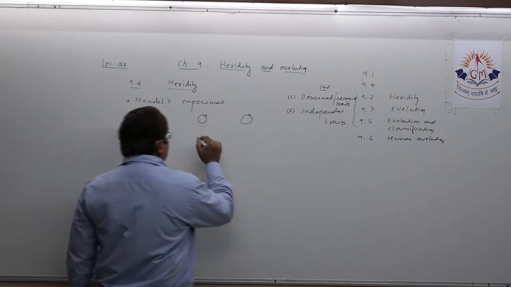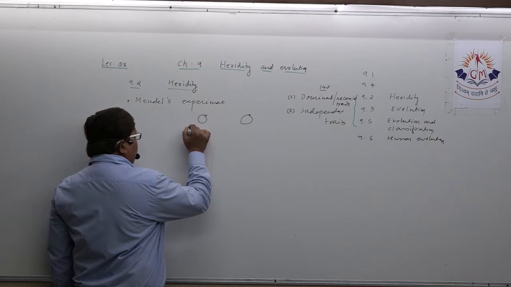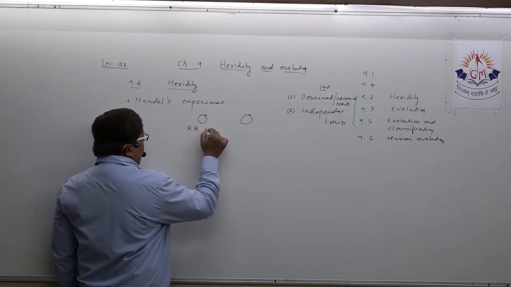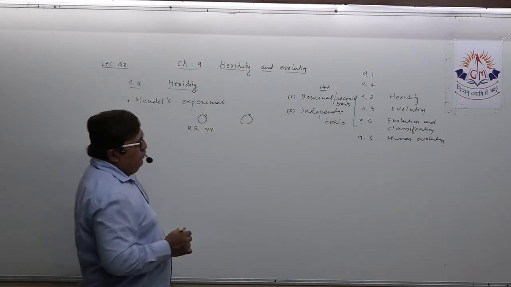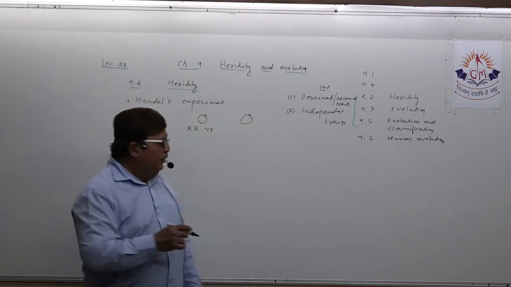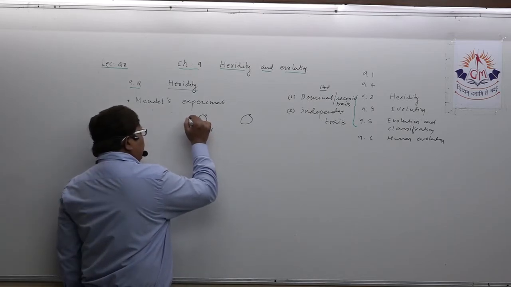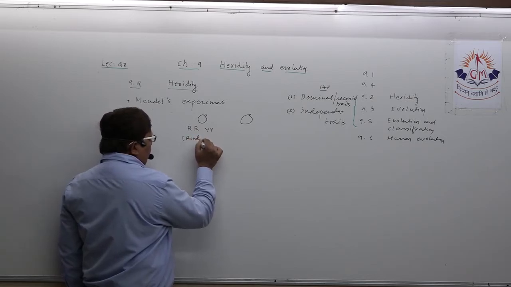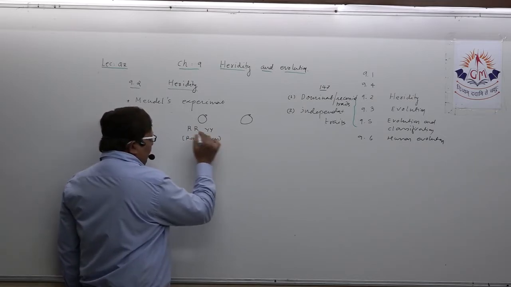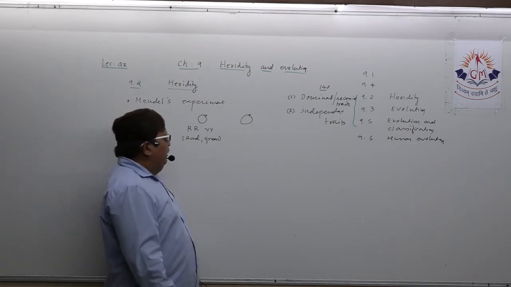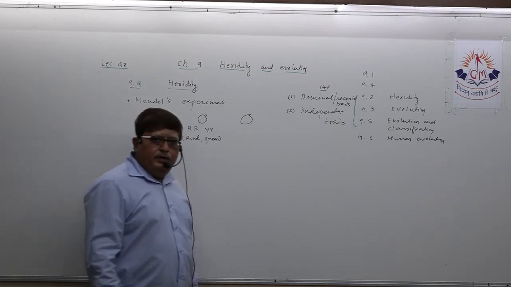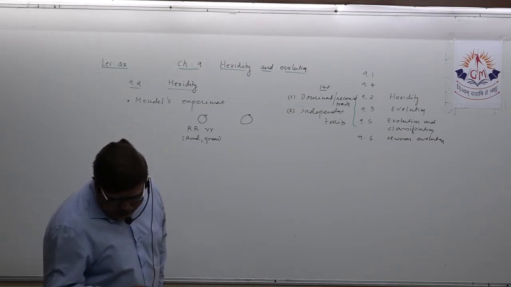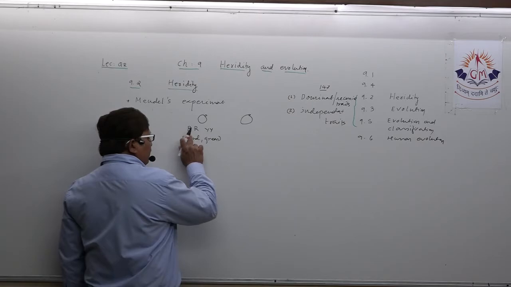So here, dear student, RR, remember this, stands for round. Small y stands for green combination. He has selected round green. Please remember this, round green. RR stands for round and yy stands for green. Then he took wrinkled and yellow. So what will you write? Wrinkled. See, R for round,